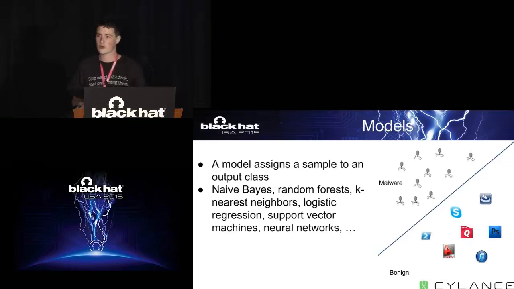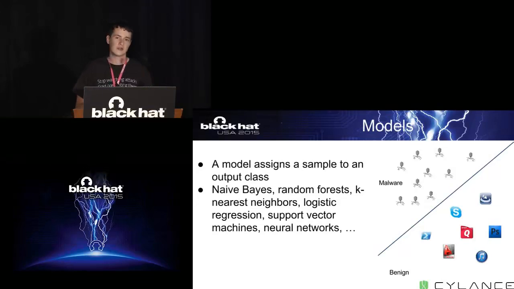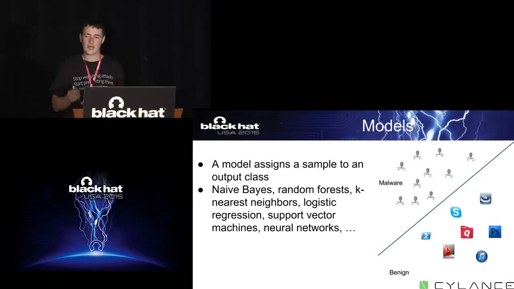You can have your more workhorse models like random forest, k-nearest neighbors, logistic regression, support vector machines. These are sort of off-the-shelf models that work well in a lot of general cases, and they perform a good baseline of performance, right? So you take your data, run it through one of these workhorse models, and you can get an idea of how well your model can do. Then we have more complex models, which is going to be the subject of this talk. They're called neural networks. Neural networks are nice because you can tune the complexity of the model. You can make it learn really, really cool things, and I'll show you some neat demos of deep neural networks doing interesting things.